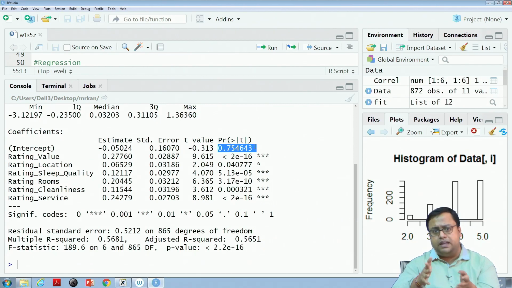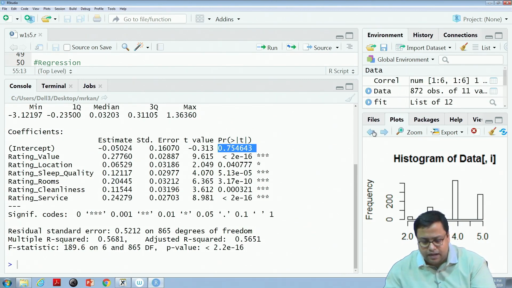Another way of comparing is, before you do this regression, you change all these 6 values to their scaled form. So, you change them to their standardized form, then you do the regression. That might be a better step. Whatever, if you do the regression, I can see from the data set that service is the most important part. So, 0.24 is service and 0.11 is cleanliness and 0.20 is rooms and 0.12 is sleep quality.